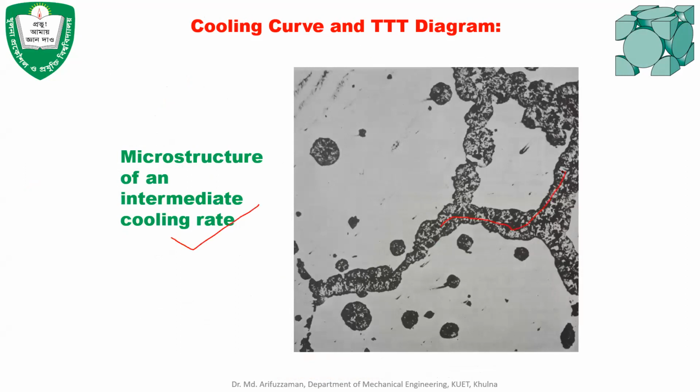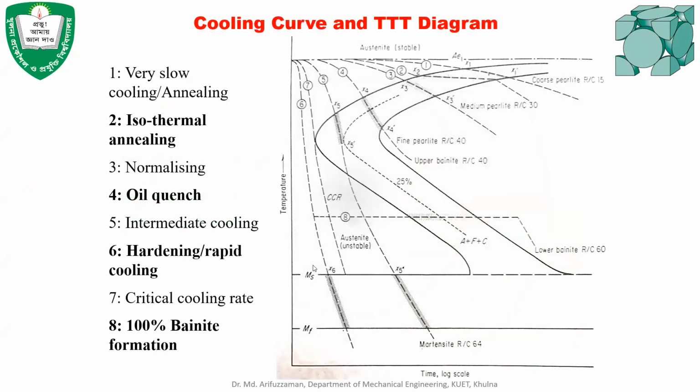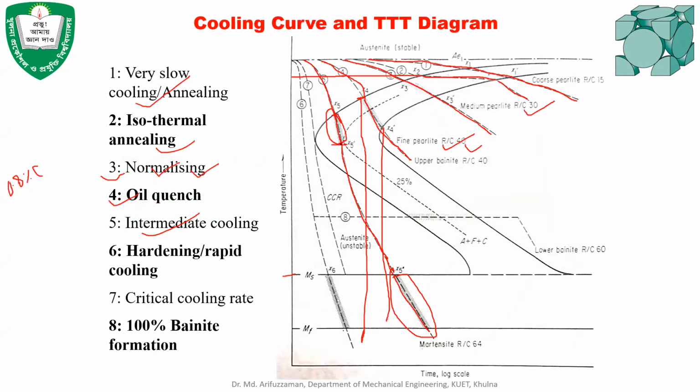That means these grains are actually pearlite, and the rest of the grains will be martensite. Okay, and transformation ceases at this point, and this is called the nose region. Okay, above this line, only pearlite transformation occurs, and below this line there is no transformation. Okay, there is no transformation.